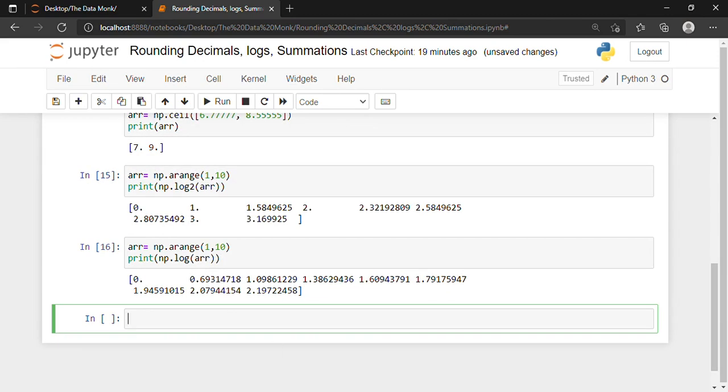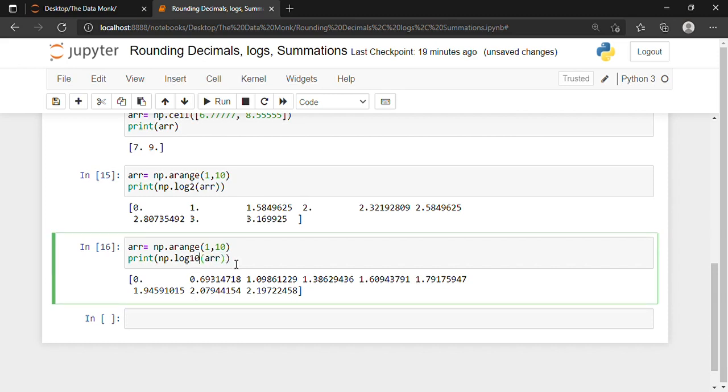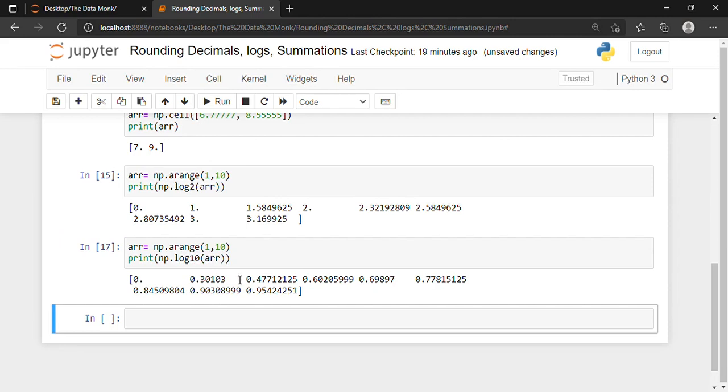So similarly we have found out the log for all the numbers in the array, log at base 10. We will have to write 10 over here, np.log10, shift and enter. So now we have found out log at base 10.